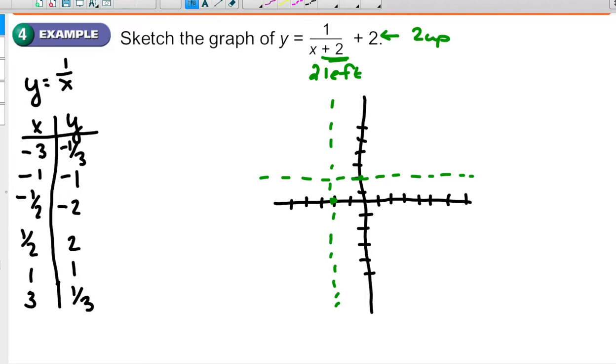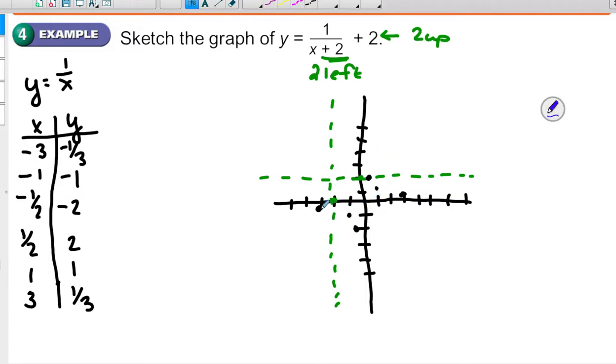All right, so now let's go ahead and plot the parent function points that we have. So we have -3, -1/3, -1, -1, -1/2, -2. Now remember, I'm not going to sketch this because this is the parent function. And then we have 1/2, 2, 1, 1, and then 3, 1/3. Okay, so now I need to